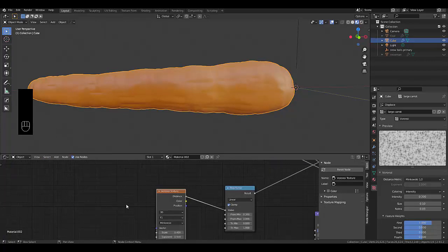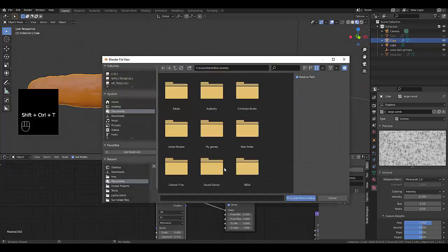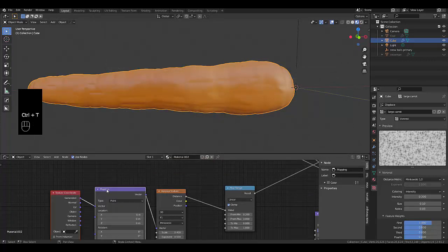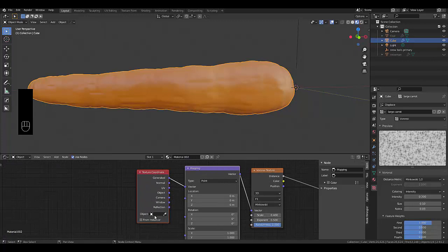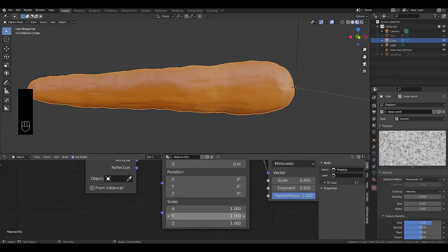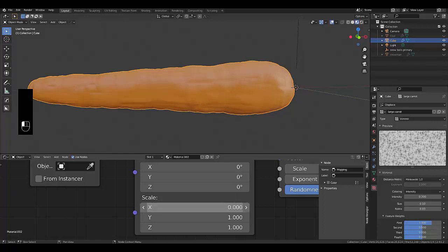But if you click on this, I believe Control Alt T, I can't believe I forgot. Oh my goodness, it's just Control T. So you select this, Control T, and then you get your mapping and your texture coordinates. And we could possibly use an empty here, but for the sake of time, we won't. But we will change the scale over here to 0,